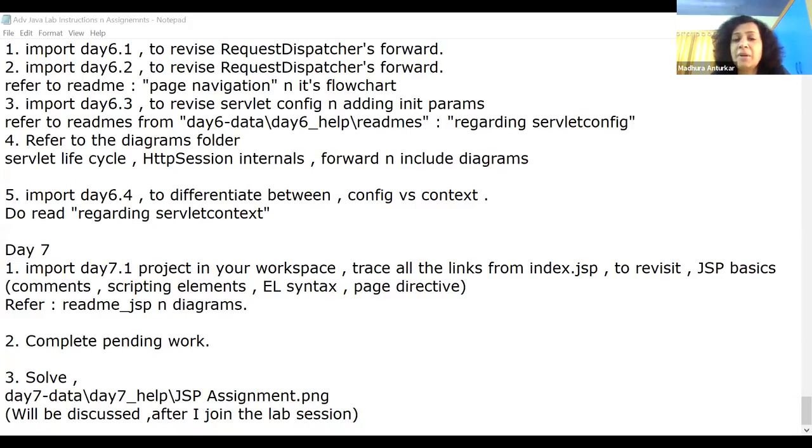How can we init parameters in JSP? That is currently out of context because that again involves web.xml. So we are not doing it right now. It's rarely required. If at all you want to do it, you again configure the JSP in web.xml and pass the init parameters exactly like we did in the servlet. But right now it's a little bit out of bounds, so we'll not discuss it immediately.